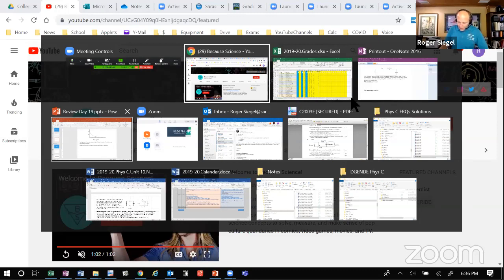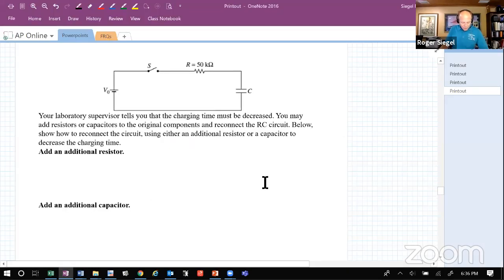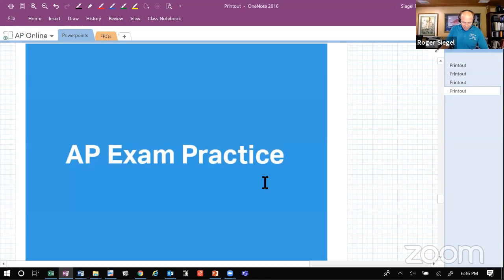So come ready to work with your calculator and your AP formula sheet next to you, and we're gonna really rock it. We're gonna do some of these problems. All right, let me go ahead and patch you guys back into my computer, and let's see. I want to bring up the back to my OneNote, and let's go ahead and take it back to some